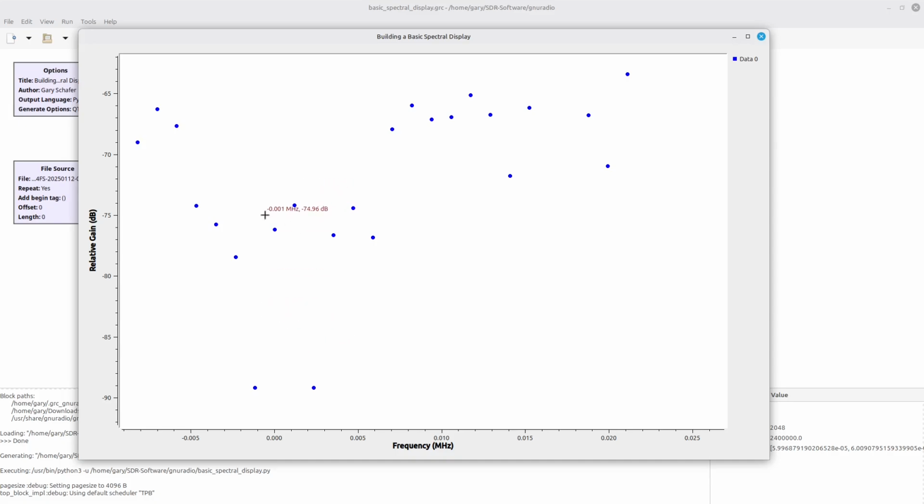These are known as frequency bins, and each one again represents a value that is the magnitude of a complex number created by the FFT. So again, each one of these is nothing more than a number representing the magnitude of the complex sample that is created by the FFT.